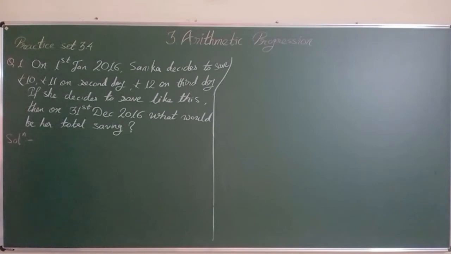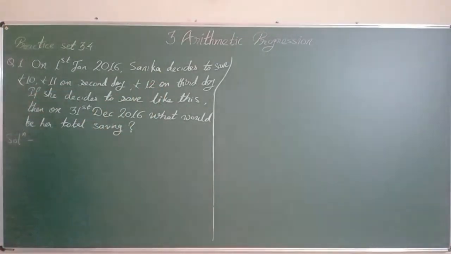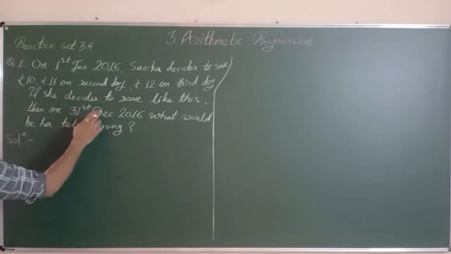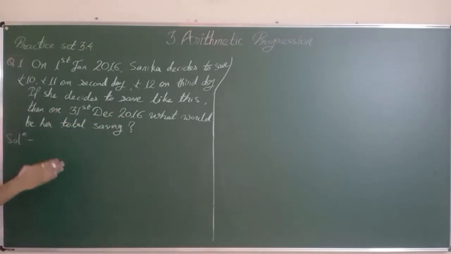On 1st Jan 2016, Sanika decides to save rupees 10, rupees 11 on the second day, rupees 12 on the third day. If she decides to save like this, then on 31st of December 2016, what would be her total saving? So given things are